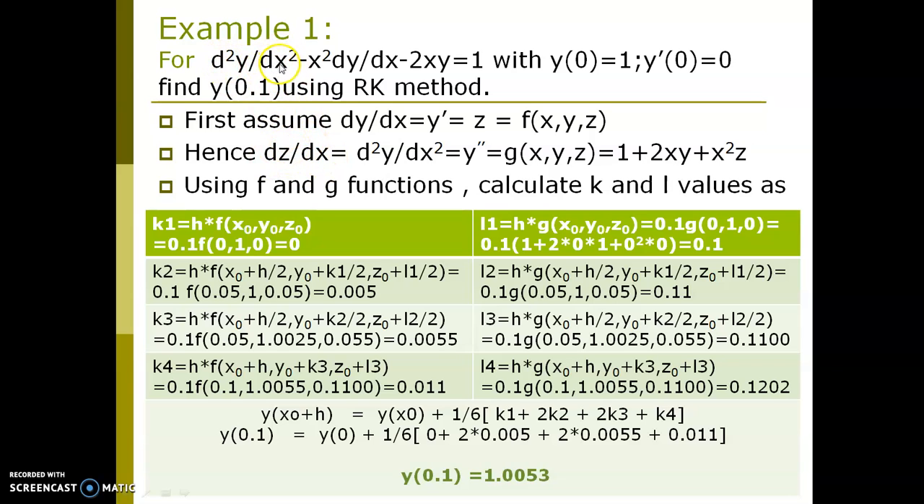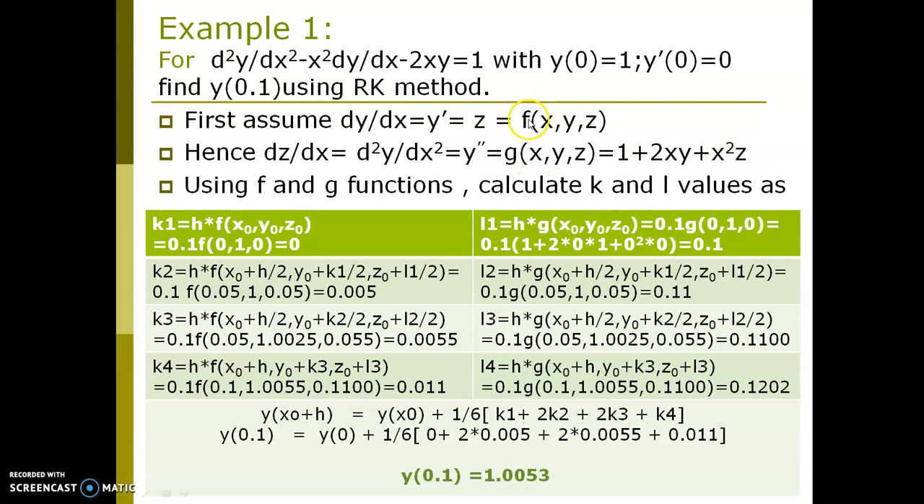So we take this on one side and take all the remaining terms on the other side. So it becomes d square y by dx square equal to 1 plus 2xy plus x square, where dy by dx will be replaced by z. So this becomes now dz by dx or d square y by dx square equal to 1 plus 2xy plus x square z as